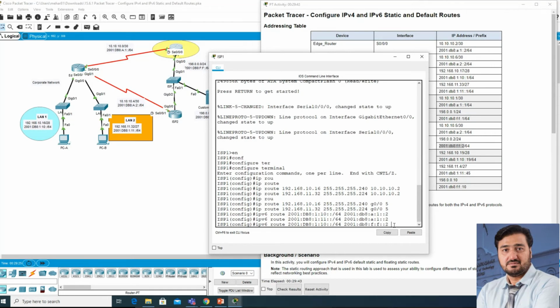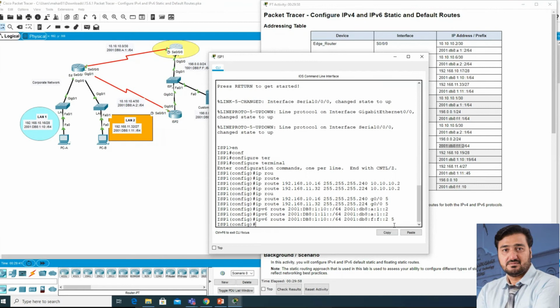Because this is a backup path, meaning the floating static route, you need to write a higher administrative distance value, the AD value. So this is your 5. Now done. Then for IPv6 for LAN 2, we need to repeat the same process